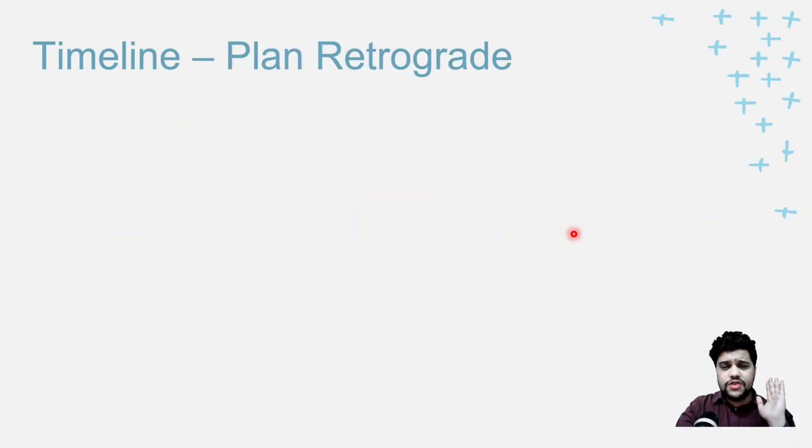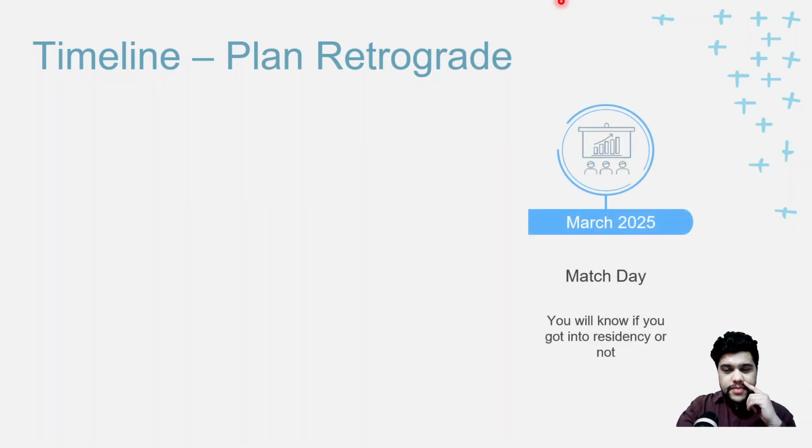So regarding the timeline, I would advise you to plan retrograde. What I mean by that is, let's say you want to get matched in 2025. That means in March of 2025, your results will be out. So what you need to do is apply exactly in the September of the preceding year. That means subtract 1 year, so that will be 2024. So you will be applying for the match of 2025 in September of